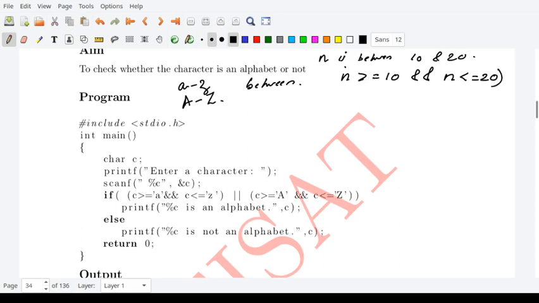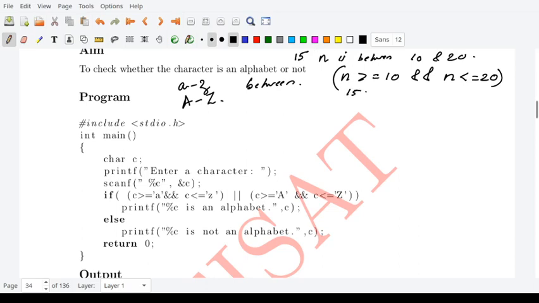This is how you check, right? So you are checking whether n is between 10 and 20.